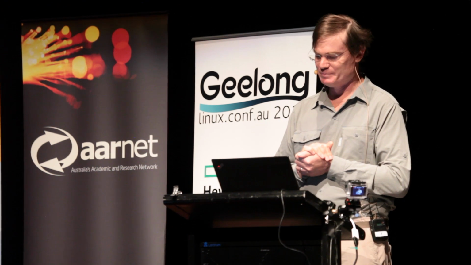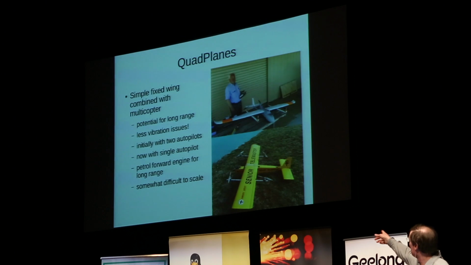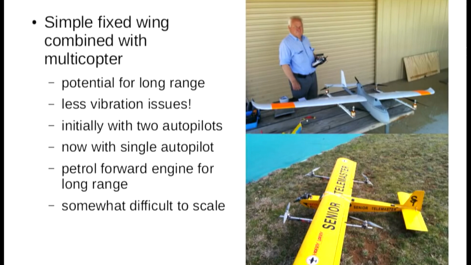So we stuffed all that up. And we stuck 4 quadcopter motors on this thing, on some aluminium square section tube there, strapped underneath the wing. Then we stuck a whole bunch of batteries in it, lots of heavy batteries in it. And that thing was able to then take off vertically as a quadcopter and then transition to forward flight by starting the petrol motor, which allows it to have the vertical takeoff capabilities of a quadcopter, but the speed and endurance of a fixed wing.